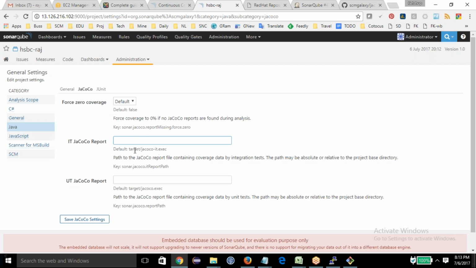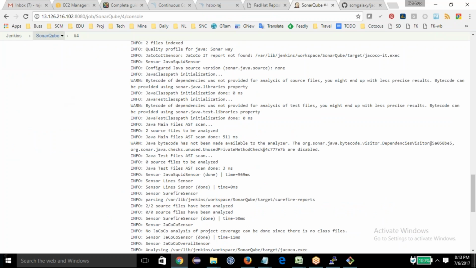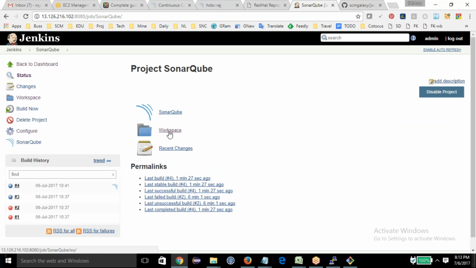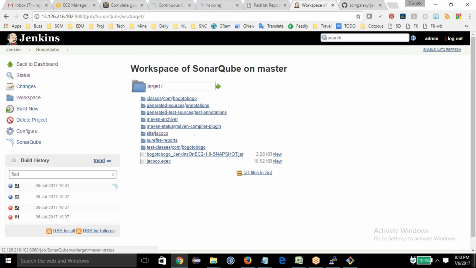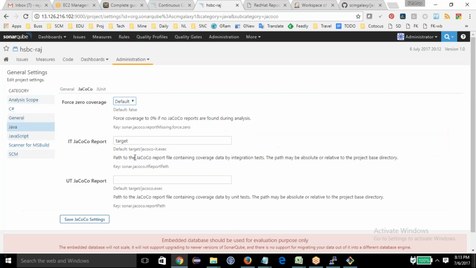So here the Jacoco plugins, the path which we have is target, and what is the target path? SonarQube workspace target. This is the exec file. You have to give this file name, and